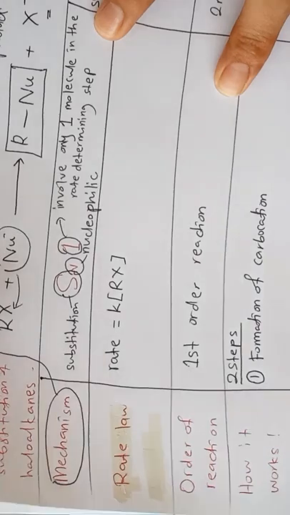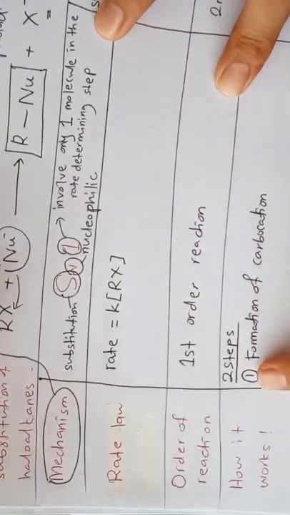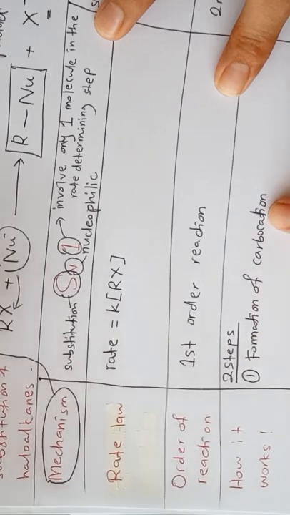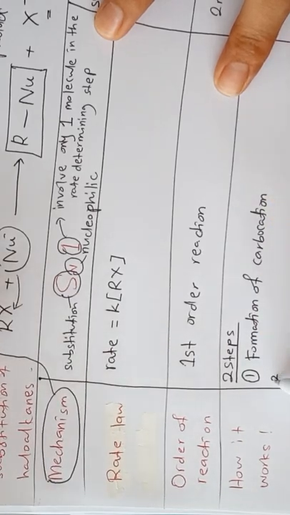And then after we form the carbocation, only then comes the second step, where the nucleophile will attack